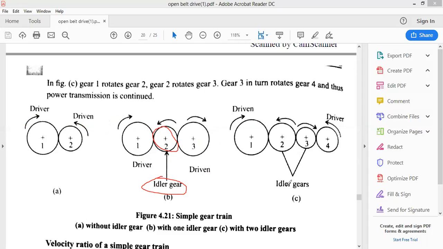Okay, so in the third diagram over here we have two idle gears. Here we have the driven gear. Driver gear is over here. If the driver gear rotates in anti-clockwise direction, the first idle gear rotates in clockwise direction. Then the next idle gear is going to rotate opposite to that, so it's going to rotate in anti-clockwise direction. And finally, the last gear is going to rotate in